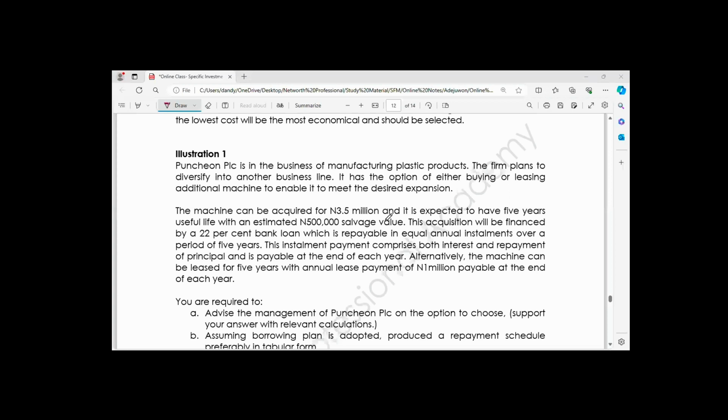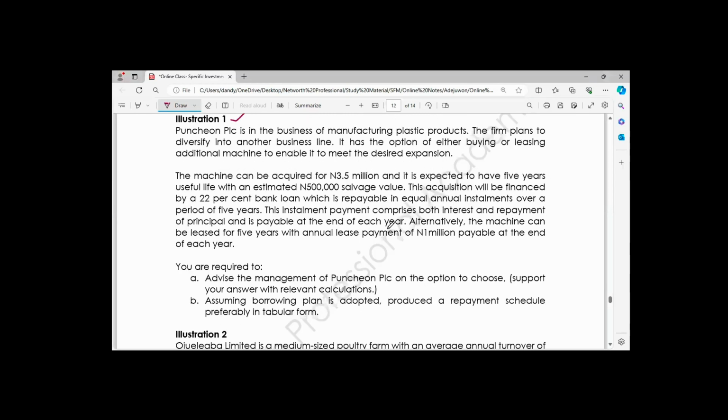Illustration 1. Punch On PLC is in the business of manufacturing plastic products. The firm plans to diversify into another business line. It has the option of either buying or leasing additional machines to enable it to meet the desired expansion. The machine can be acquired for 3.5 million and is expected to have a 5 years useful life with an estimated 500,000 salvage value. This acquisition will be financed by a